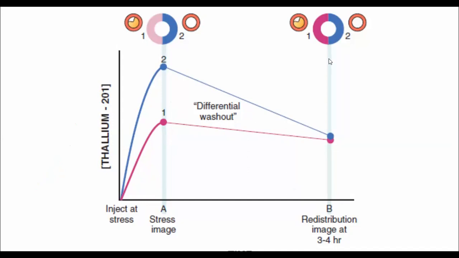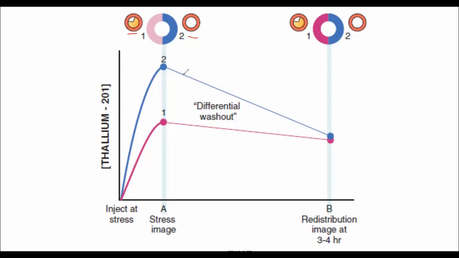This one is a stenosed coronary having a plaque inside, interrupting the blood flow. This is a normal coronary, 1 and 2. So this one, which is diseased coronary, the myocardium is going to have lesser blood supply and the normal myocardial cells are going to have increased blood supply and increased uptake. And what happens